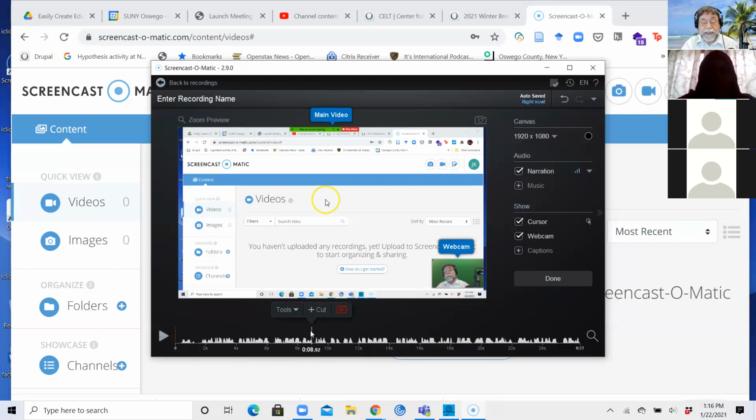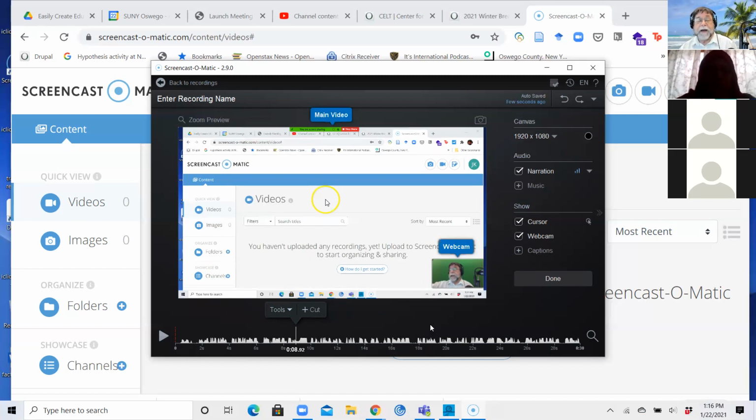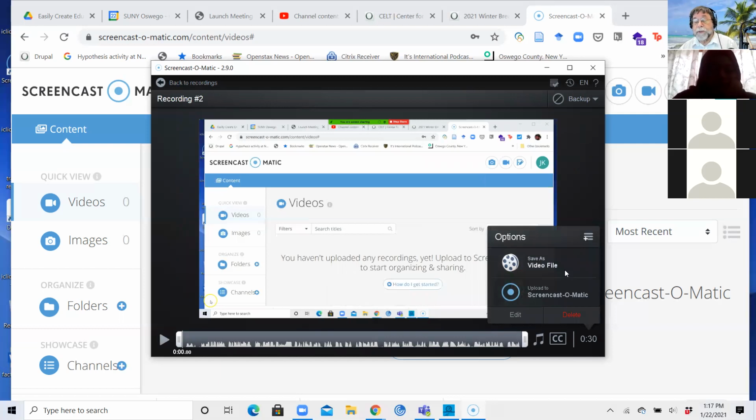And the Control-Z key will undo it, just as it does with most programs. In the free version, that's about the limit of your ability to edit. And we'll look over the others later. But once you're done, you click Done. Once you've trimmed off the beginning and the end, you then say you're done, and you go over to either